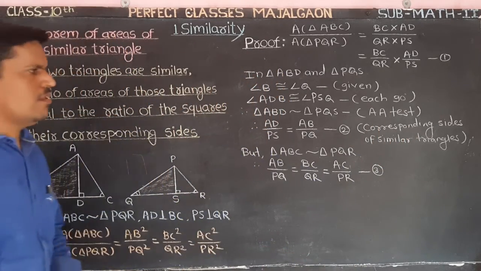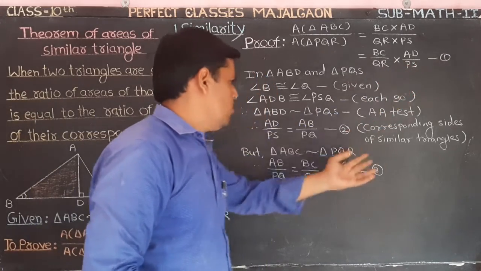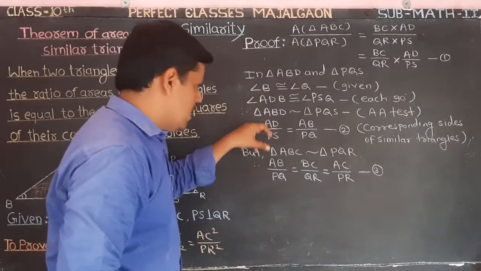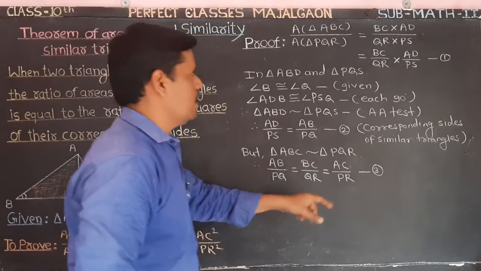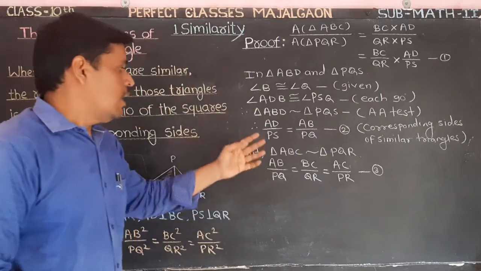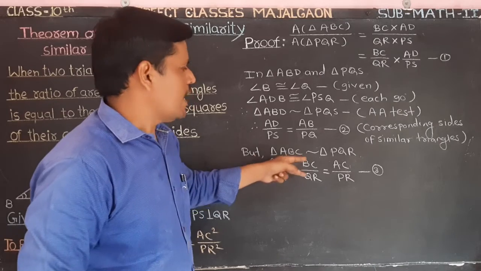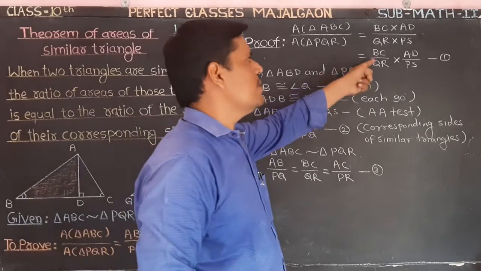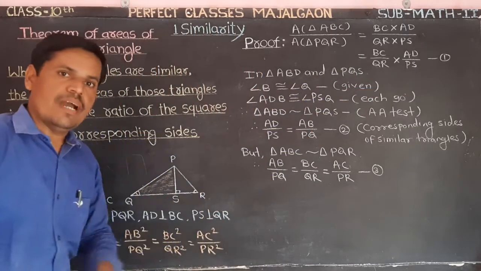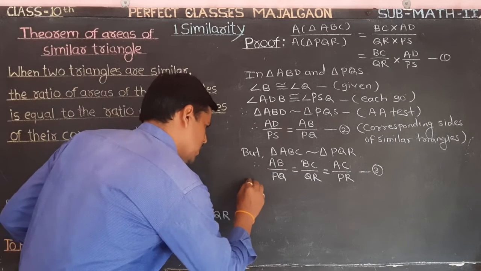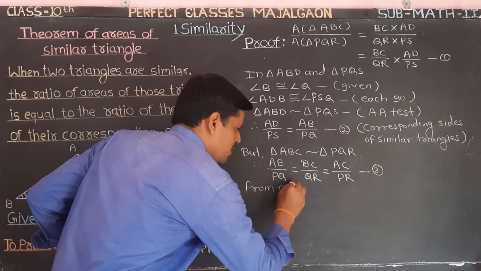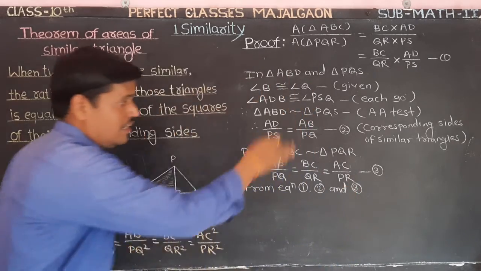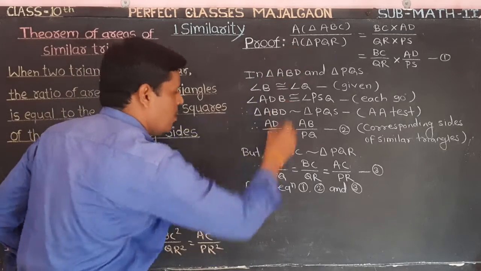Now observe equations 1, 2 and 3 carefully. In equations 1, 2 and 3, AD upon PS appears. Here also AD upon PS. We replace AD upon PS with AB upon PQ. Also AB upon PQ is the same as BC upon QR. These two ratios are the same. Therefore, we replace BC upon QR with AB upon PQ. Therefore, from equations 1, 2 and 3, using these three equations, we will write area of triangle